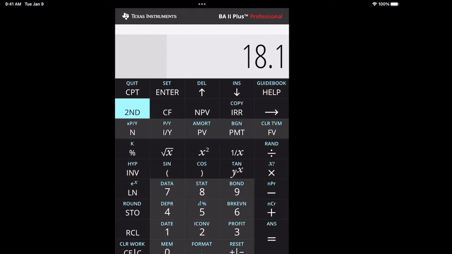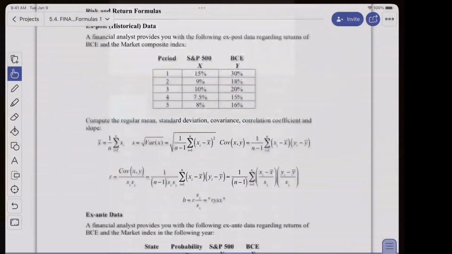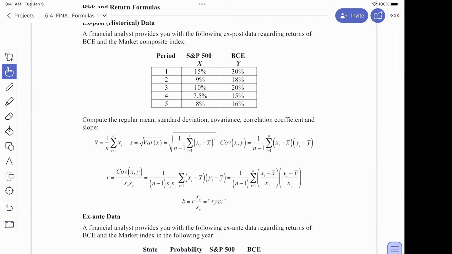So just to make sure I'm getting it, R multiplied by SX and SY would be equivalent. So I think it's used as a formula. It's just a trick to get it out of your calculator. But in the black box are these formulas, okay? I'm showing you how to use a calculator, but you need to understand the application of these formulas.